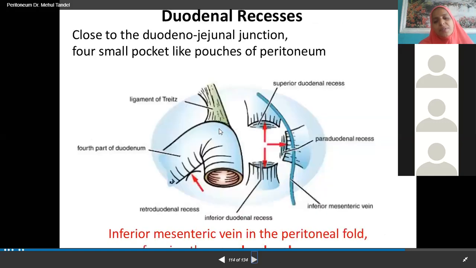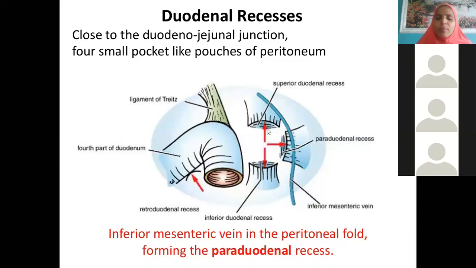Now, duodenal recesses. Yesterday we have studied so nicely. See, this fourth part of duodenum, what do we have? We have duodenojejunal flexure, isn't it? So, around the duodenum also we have so many empty spaces, extensions, recesses. Okay. If you find the extension above, you call it superior duodenal recess. All are very close to the duodenojejunal flexure. There are actually 4 pockets where extra fluid can accumulate. If there is any infection, they act as potential spaces where the fluid can accumulate.